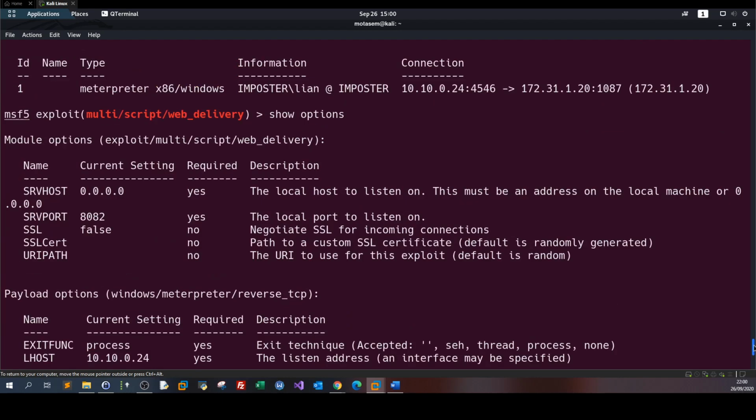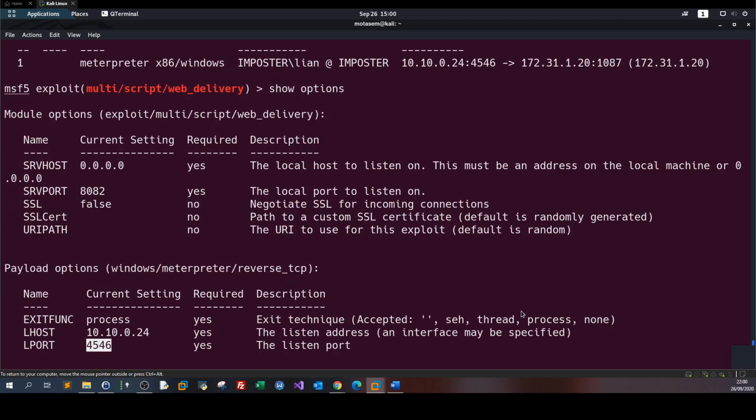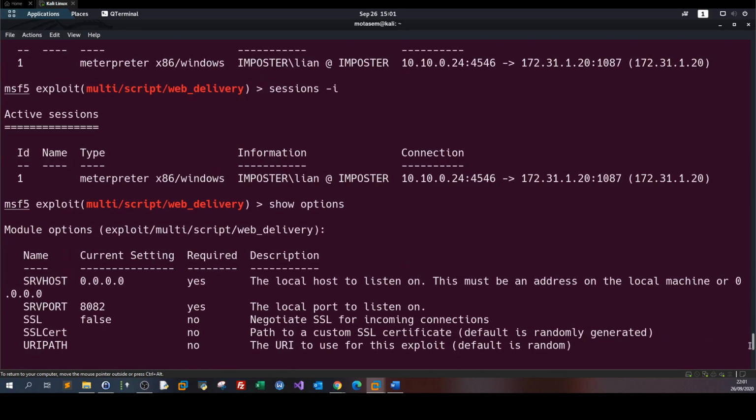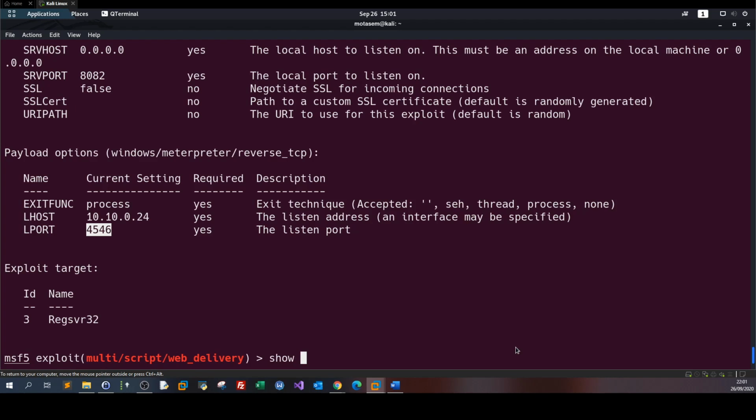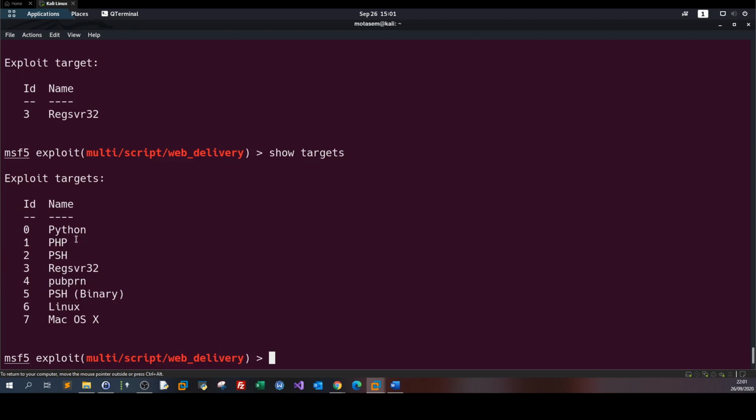But in web delivery, we need to specify the target, how we're gonna deliver this payload. So we do that with show targets. So am I gonna deliver the payload with Python, PHP, PSH, Regsvr32, SVR, PRN, PSH, Linux, Mac OS. So we need to define what is the form of the payload delivery. In my case, it is Regsvr32, since it's not PHP, not Python. So I selected this one. And when you click run,